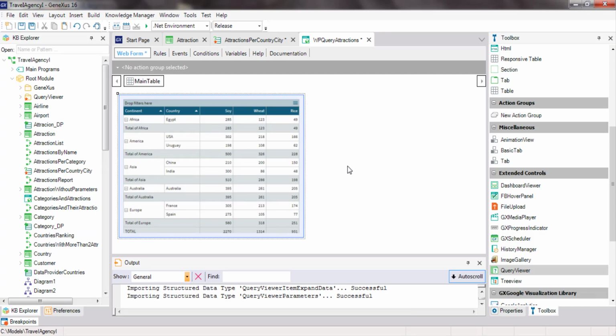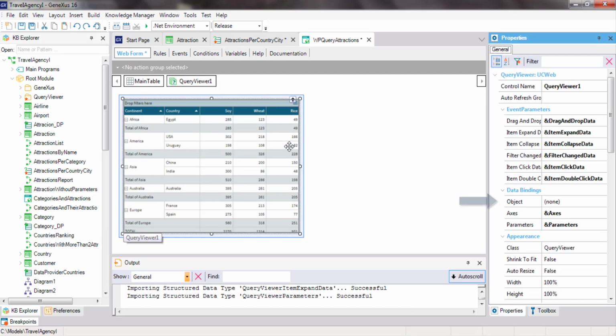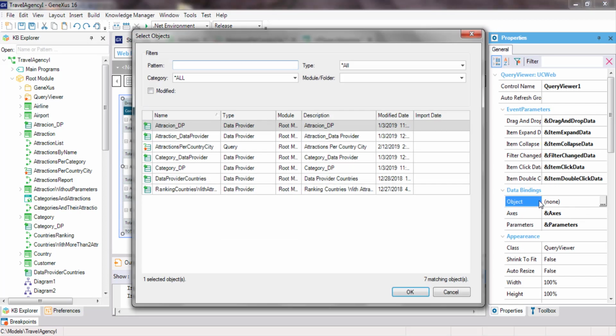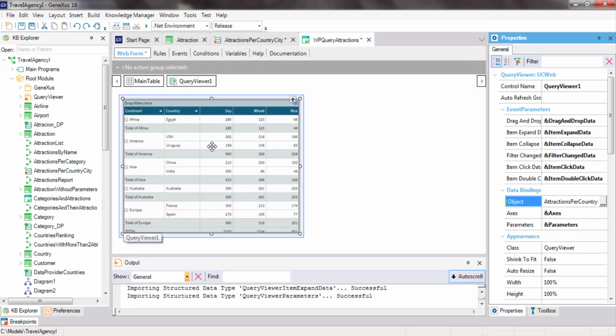We'll edit the properties of this control. And in the object property, we'll enter the name of the query object to display. In this case, attractions per country city. Then, to define the output, we need to configure the properties below the output group.